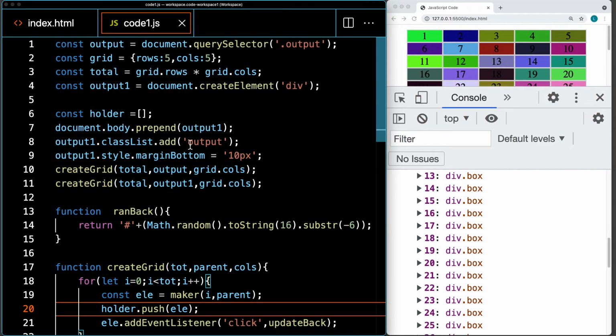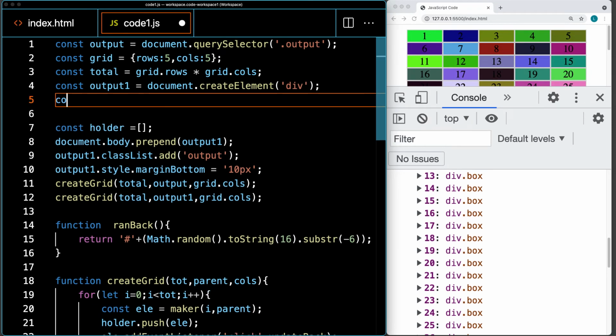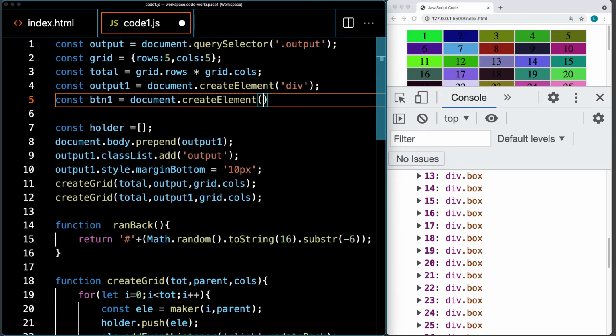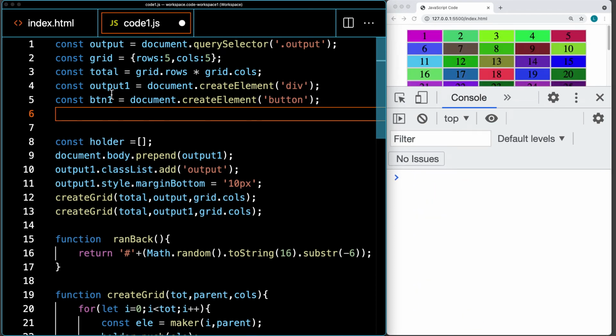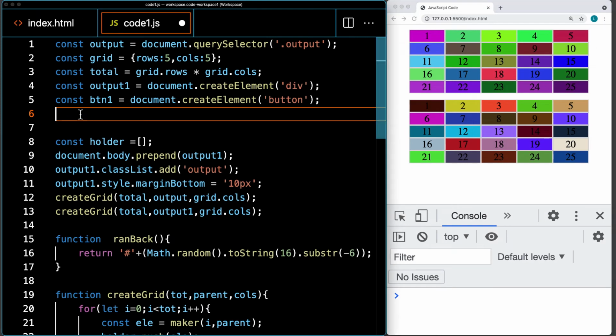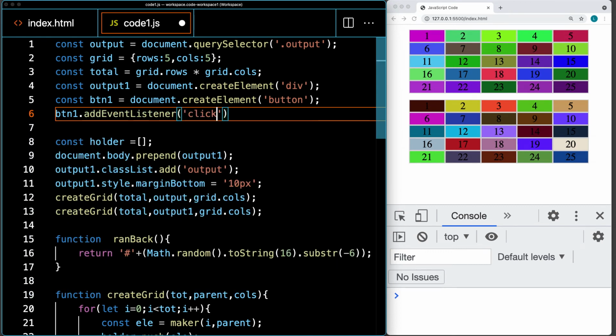So I want to add in another element, a button. I want to add in a first element button, and that's going to be using the document create element and creating a button for the page. And this is going to just update the colors for the page elements. So take the button one, add the event listener to button one. So if it does get clicked,